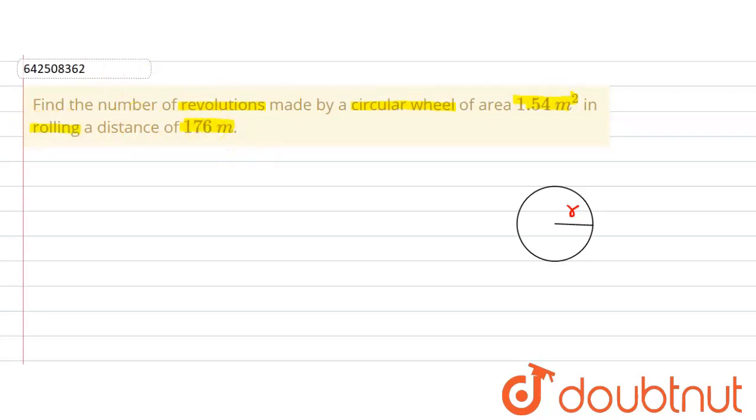Now we know that the wheel is revolving, then the distance covered by the wheel is equal to, because in one revolution the wheel will cover its circumference. So when the wheel covers, suppose, 10 revolutions, then to find the distance we are going to multiply the number of revolutions, that is 10, by the circumference to find out the distance covered. Therefore in general, the distance covered by the wheel will be equal to the number of revolutions, let us denote it by n, multiplied by the circumference